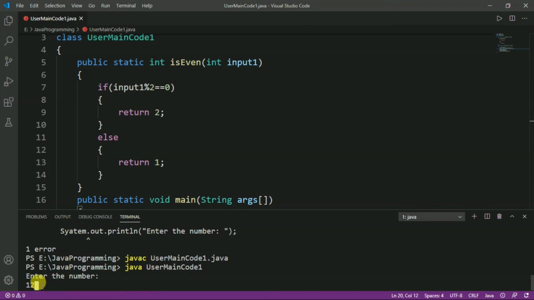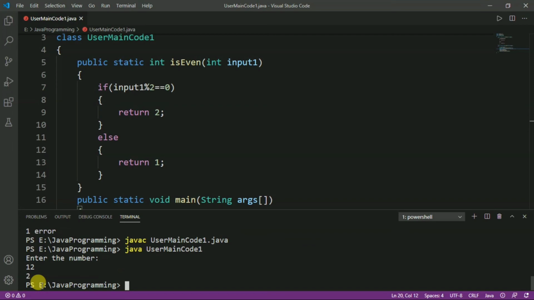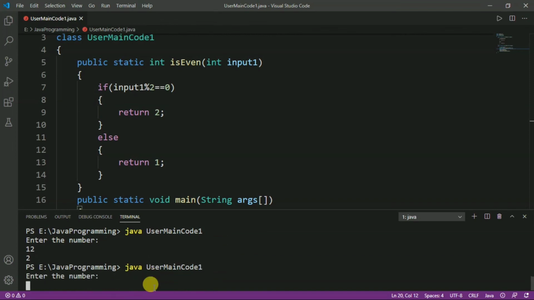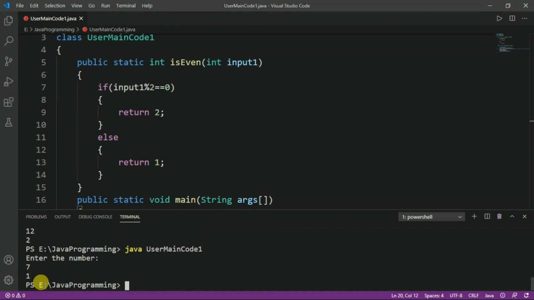Let us check, press enter, and here we can see that it returns 2. So, it is correct. Now, again run the code, and this time we will give an odd number, let us say 7, so our function should return 1. Press enter, and here we can see that it returns 1.